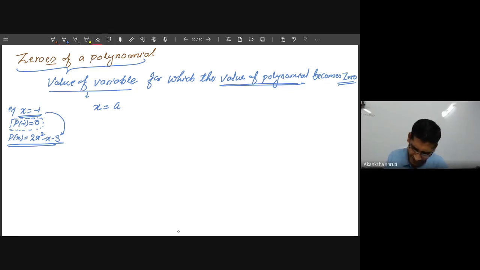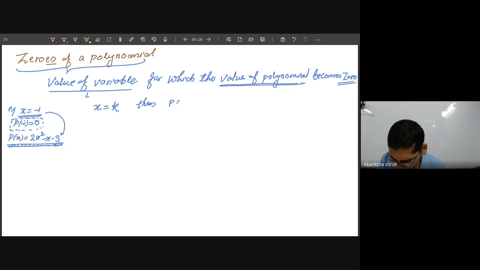So better to use the term k, otherwise you may confuse it with the coefficient of x square. Say x is taking a value k. What is k here? Like x equals -1. -1 is only one value for the given polynomial, 2x square minus x minus 3. If the polynomial is different, then the value of x that gives P of x equals 0 will also be different. So in general we denote the value of x as x equals k.